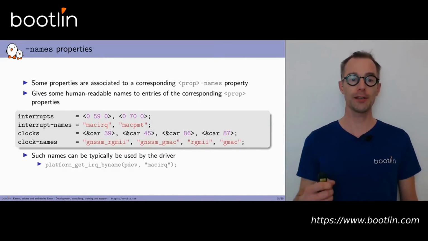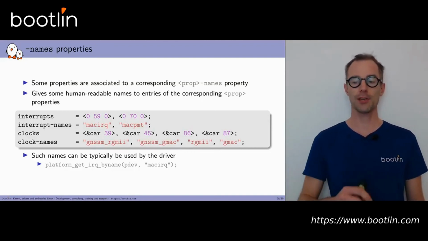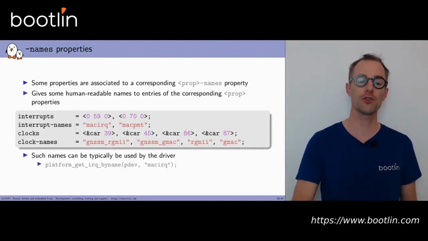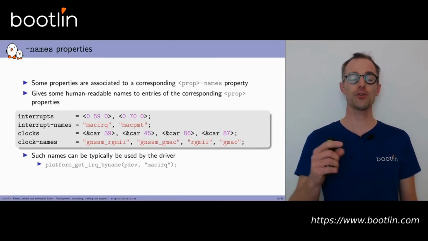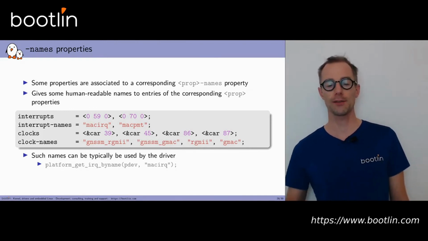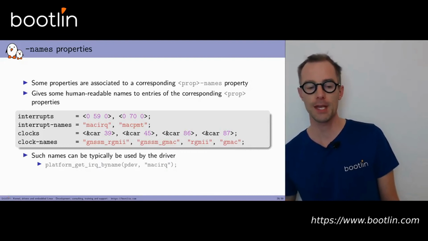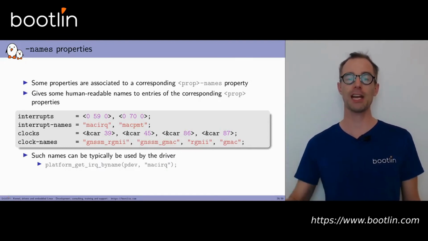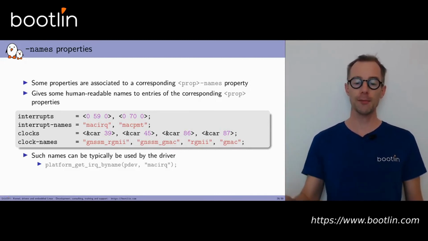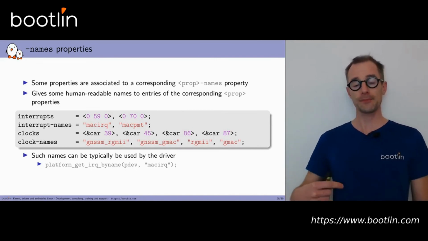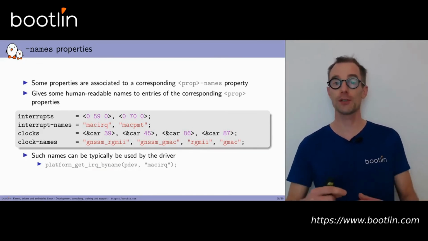Another very common pattern in the device tree is the usage of -names properties. For example, here you can see an interrupts property and associated to it an interrupt-names property. And the interrupts property has 2 entries. The first one is 0590 and the second one is 070. And the interrupt-names property also has 2 entries, MAC-IRQ and MAC-PMT. And those names can then be used by drivers to more easily identify which interrupt is what in the list